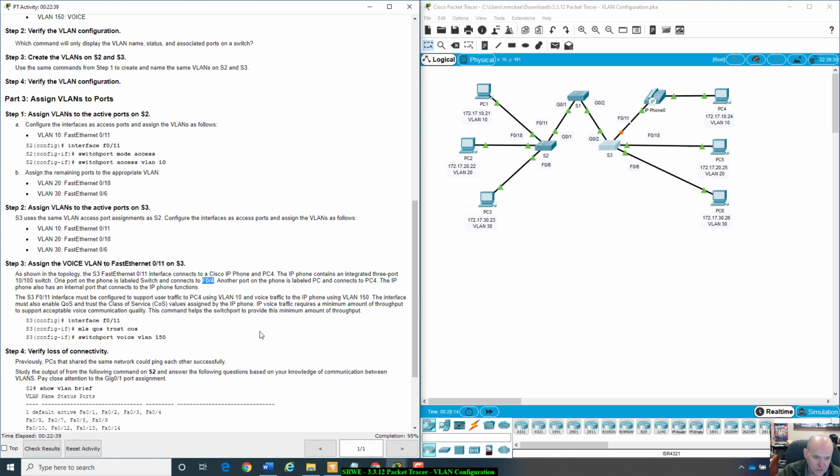But the big thing is, you want to set quality of service to give a higher importance to the traffic coming from the IP phone versus the data coming from PC4. So you don't have a choppy connection, because nobody wants to listen to a phone call where it sounds very bad. Alright, so what we want to do is on S3,